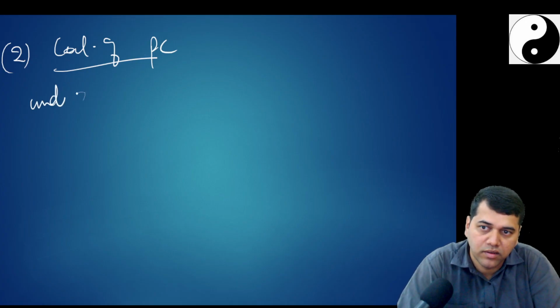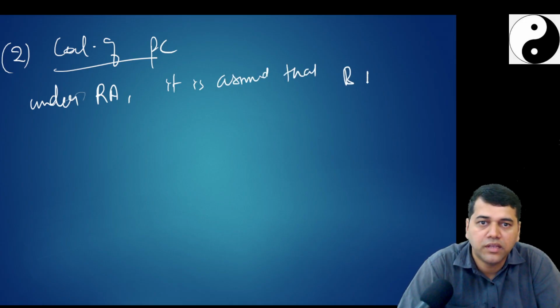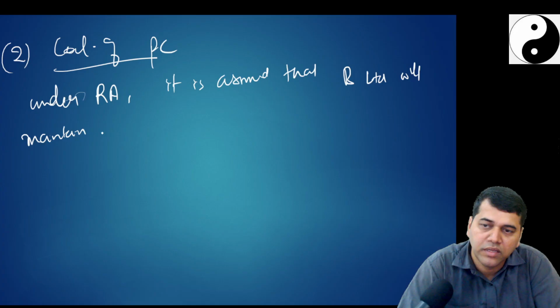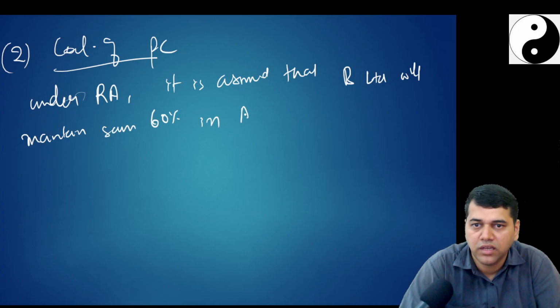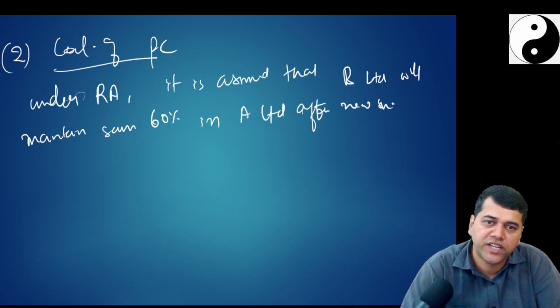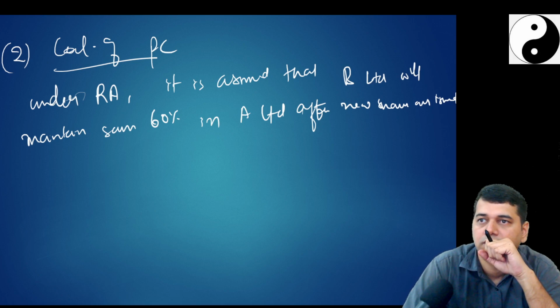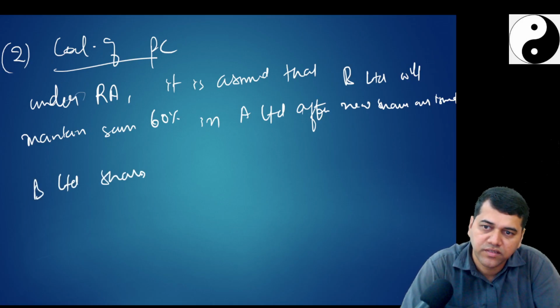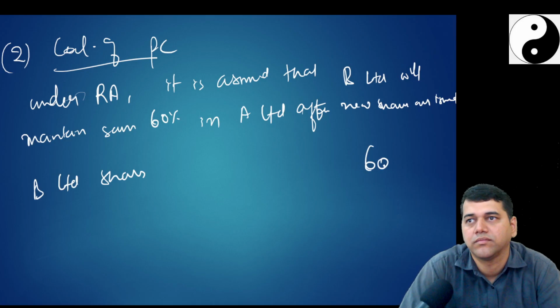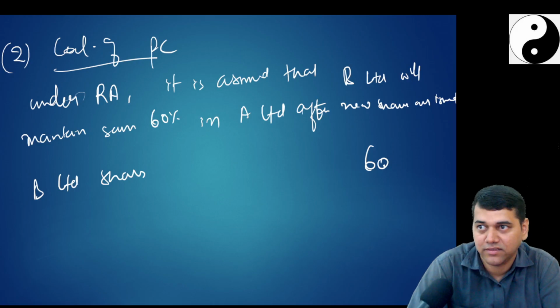Under reverse acquisition, it is assumed that B Limited will maintain the same 60% in A Limited after new shares are issued. So we'll write one statement. So how much is B Limited shares? 60. Existing, because see, A acquired B. No, B acquired A. If we have to treat it like this, from an accounting point of view,